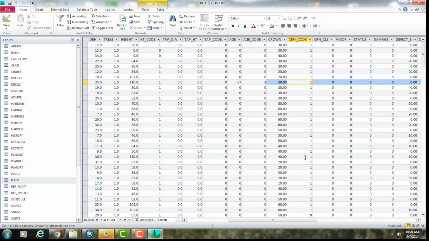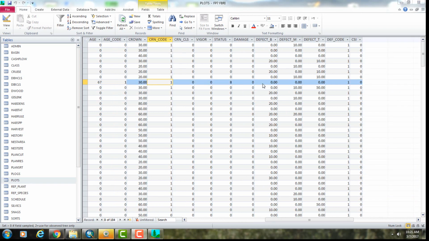So we measured this crown ratio while in the woods. They get a height code of 1. So over here, we have defect for each tree in thirds of a tree. This is bottom third, middle third, and this is the top third. The defect code over here